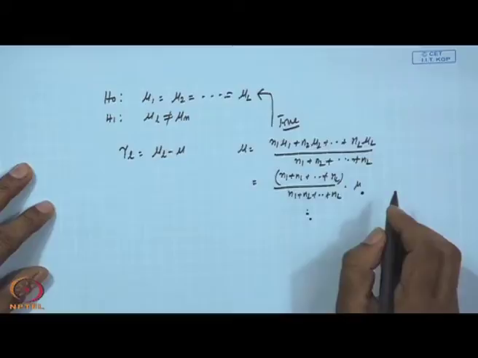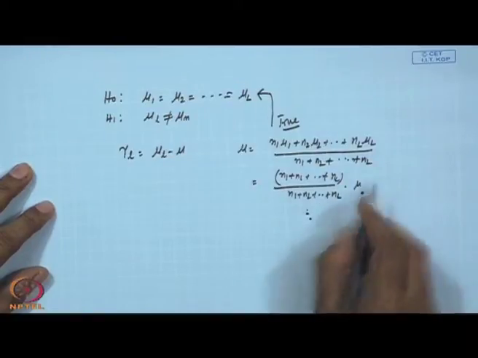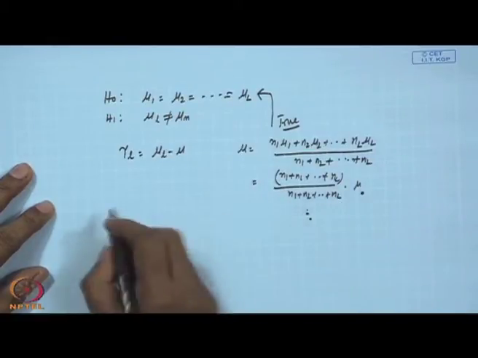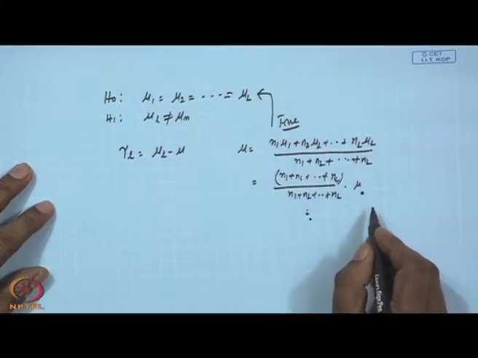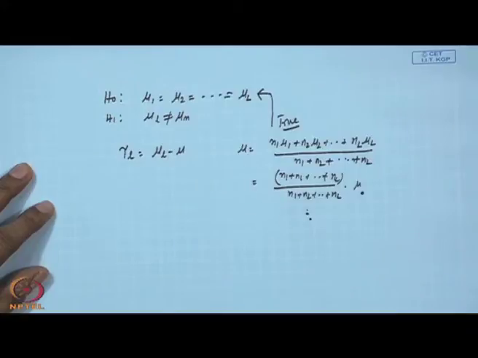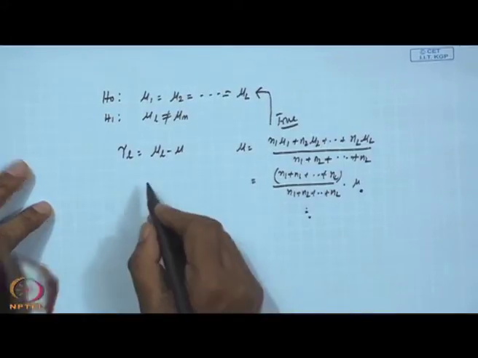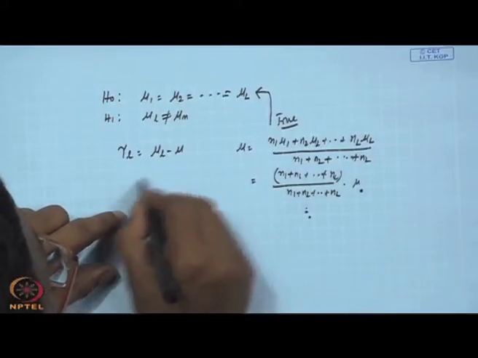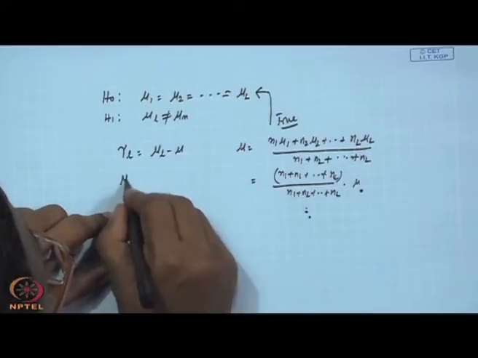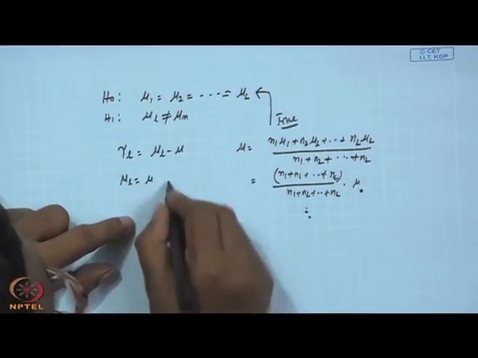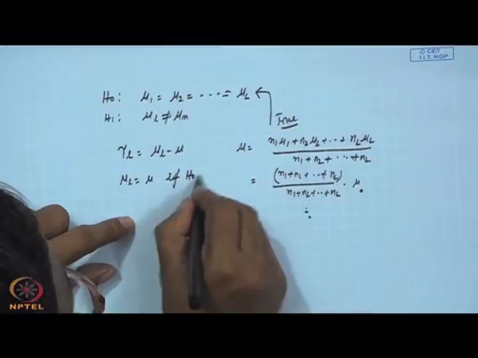So we want to say that every mu L will be equal to the grand mu. Getting me? So mu L equals mu if H0 is true,